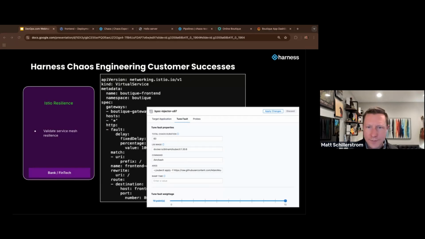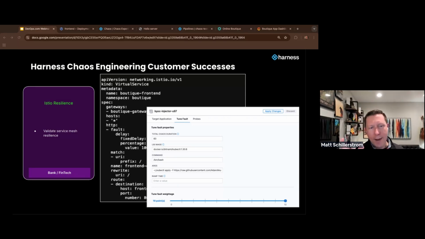And then one last use case before the demo too is this as well. So what's great about Harness chaos engineering is that it's not just about injecting failures into your system. We have a whole pipeline where you can orchestrate your tests. So we can actually take like a service mesh like Istio, which has built-in chaos faults. Because as you'll see, as you use more and more technology, some chaos faults are becoming a commodity within that product. So Istio has some mechanisms in place where you can have delays in your network.